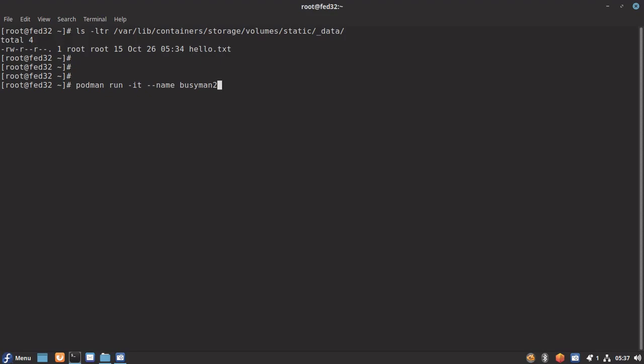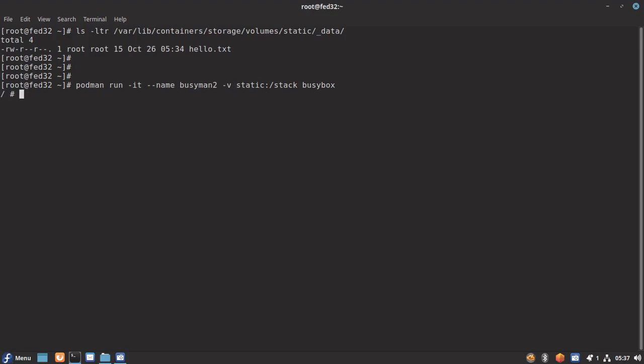Let's name our new container busyman2 and pass the volume mapping. So let's map our static to /stack. Okay, and pass the busybox image name.